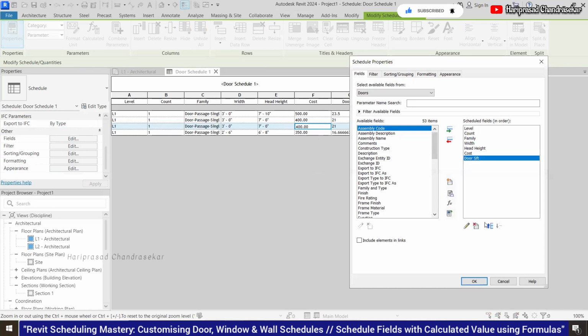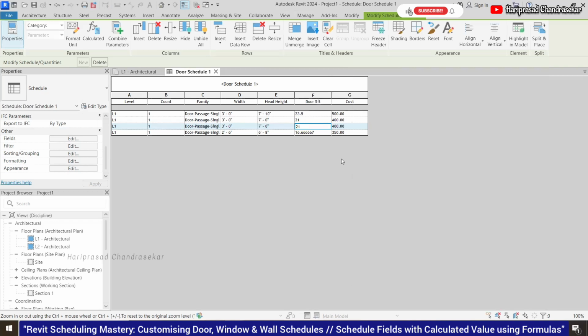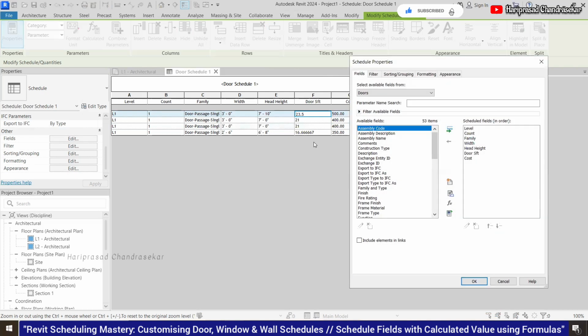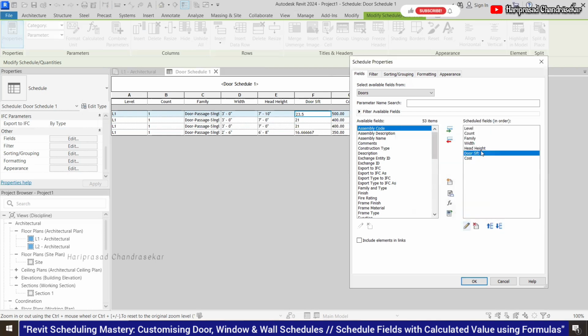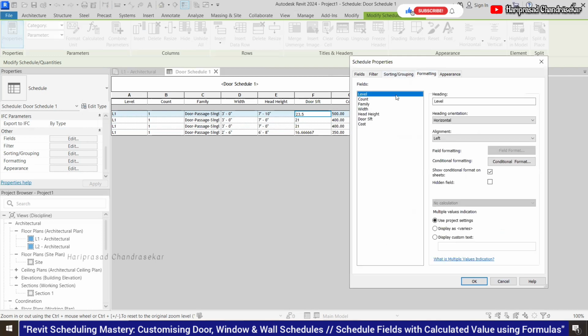So this door SFT I can put on top of the cost. I can still go to the fields, then put the door SFT and see whether it is possible to put any. So formatting for door SFT.